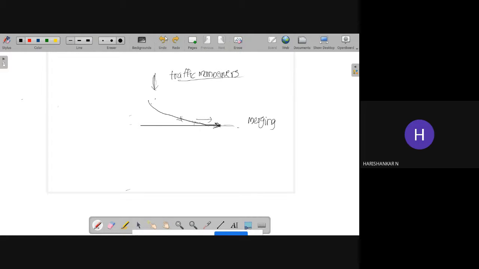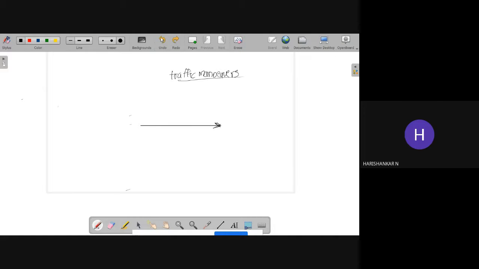And we have another traffic maneuver which is known as crossing. So what is this crossing? If you don't want to follow that vehicle, then what will you do? You simply follow your path. Okay, you are moving in this direction, so you will continue in your direction. You will cross this path. So this kind of maneuver is known as crossing. So you have crossed the path of this vehicle.